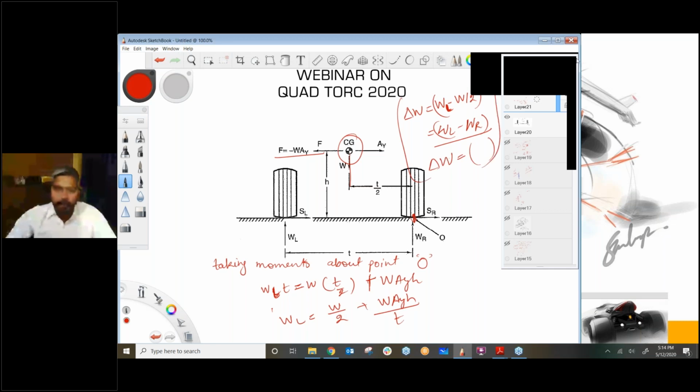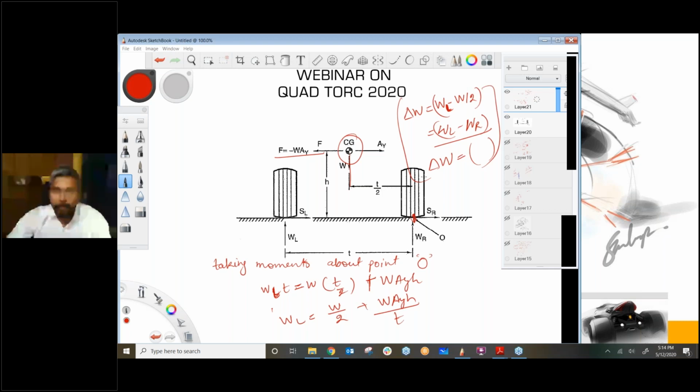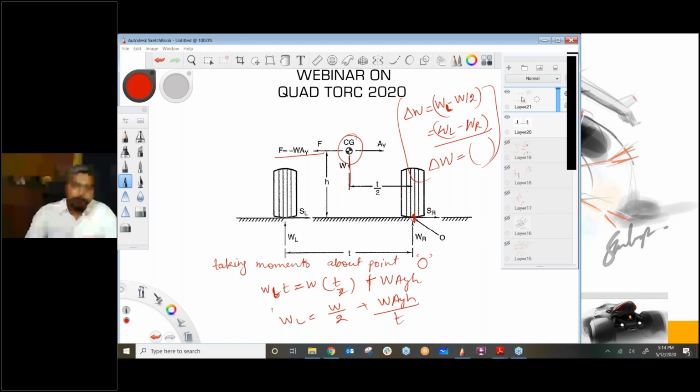This is at the time of braking. You can calculate it at the time of acceleration also. So now Shivam, I hope you got the answer. Now, if you go in the reverse direction, keep fixing the change in load transfer, now you can come up with the acceleration to avoid lifting. I hope you got my answer now.